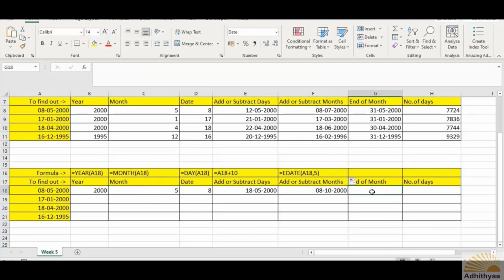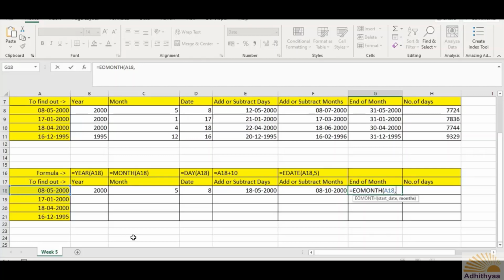Now in this case, equals to EO, and you can see the second option, which is end of month. What is the start date again? The same one, A18 is the cell reference here. And then comma. You need to see there is a subtle difference here.